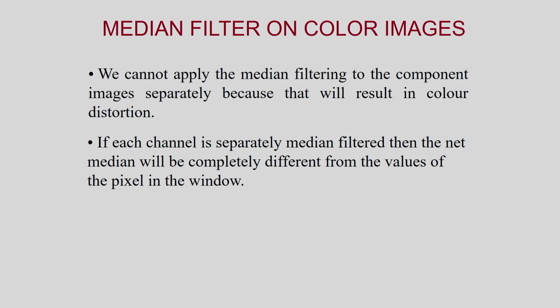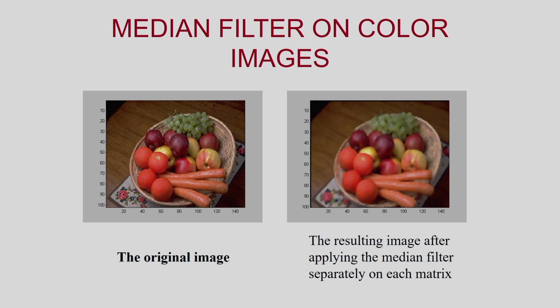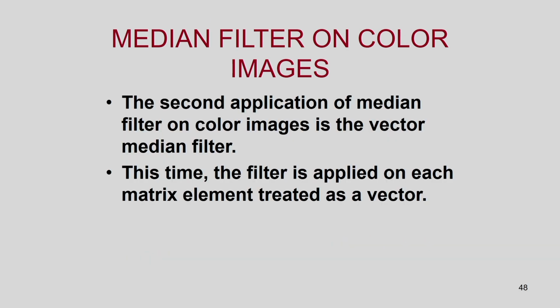For the vector median filter we have to consider one window, and in this window I have to apply the vector median filter. In this case you can see one example. I have shown the original image, and after applying the scalar median filter, that is the marginal median filter, that means I am applying the median filter for the R component, G component and the B component separately, then the color distortions take place. You can see the output image corresponding to the marginal median filter, the scalar median filter. So that is why we have to consider the concept of the vector median filter.